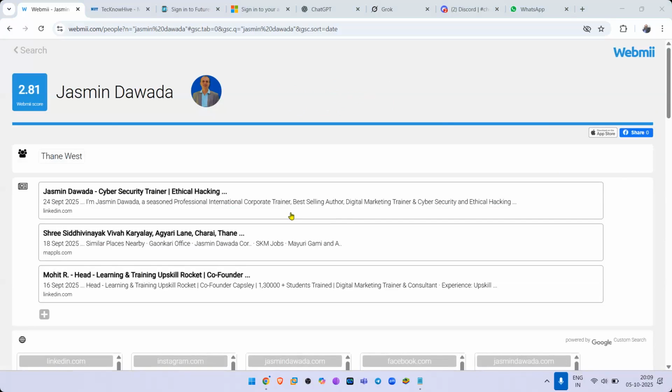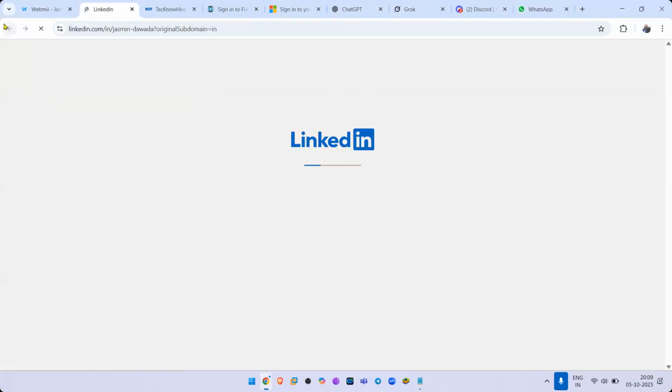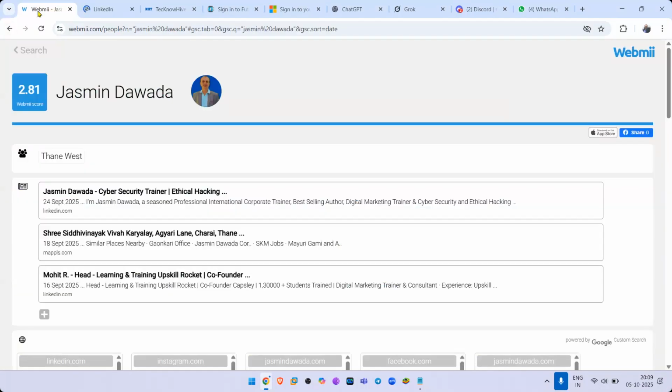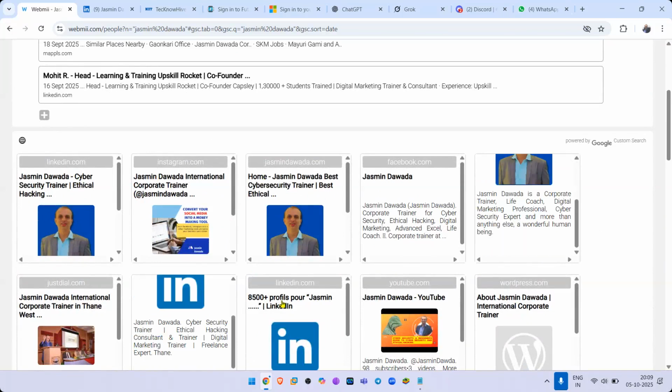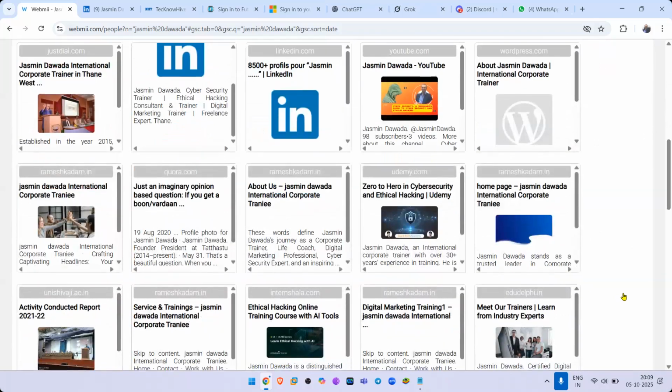So here you can see these are the places where you will find details about the person that you're looking for: LinkedIn, Instagram, a website, Facebook, Just Dial, YouTube, WordPress, Quora.